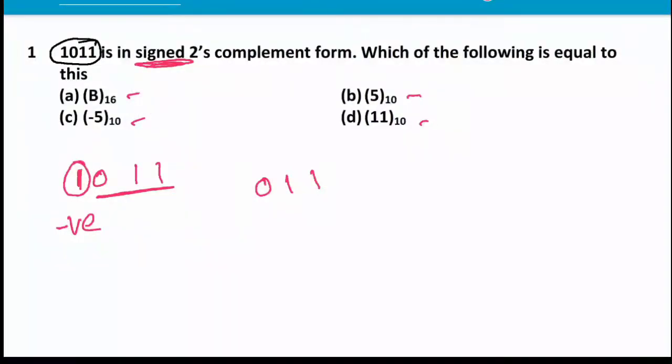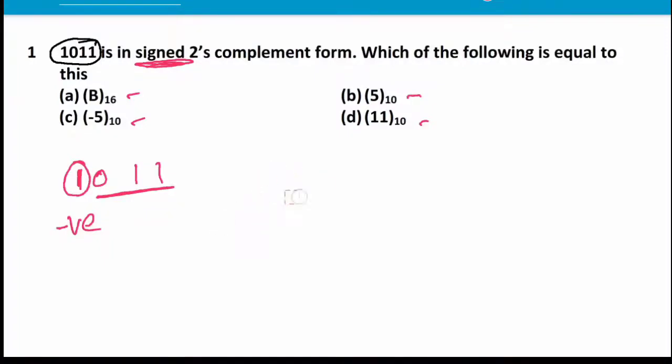If we convert to decimal, we can directly say what will be its hexadecimal form. So first thing is, this is the number which is in 2's complement form and we want to convert it to the decimal form. What we have to do? First we have to do its complement. The same process if we do twice, then it will be in case of 2's complement form.